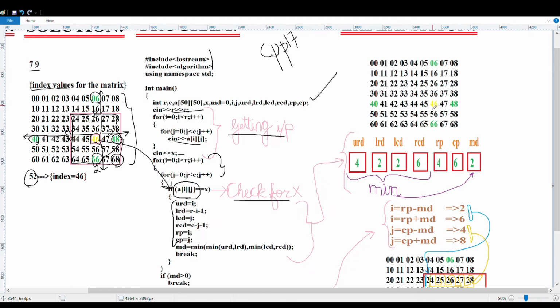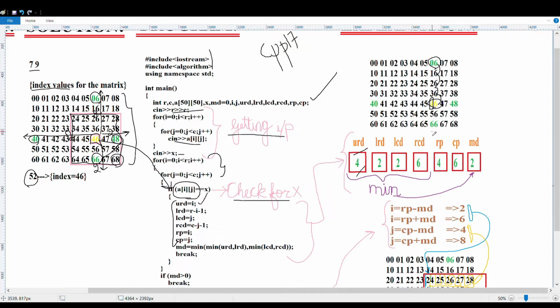So this is the value, and upper row distance is the last thing here. From this part to this part, it is 1, 2, 3, 4. So URD is given 4. Now what is LDR? That is equal to I, right? So we're just simply putting I in URD. This part over. Next, moving on to LDR.